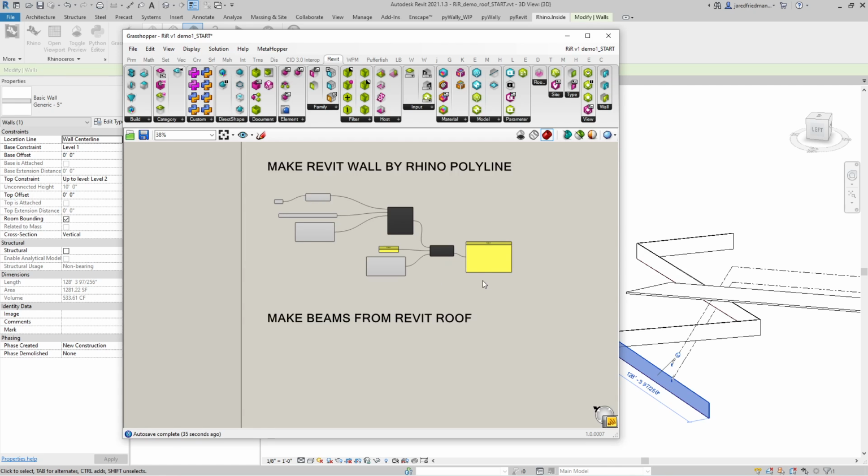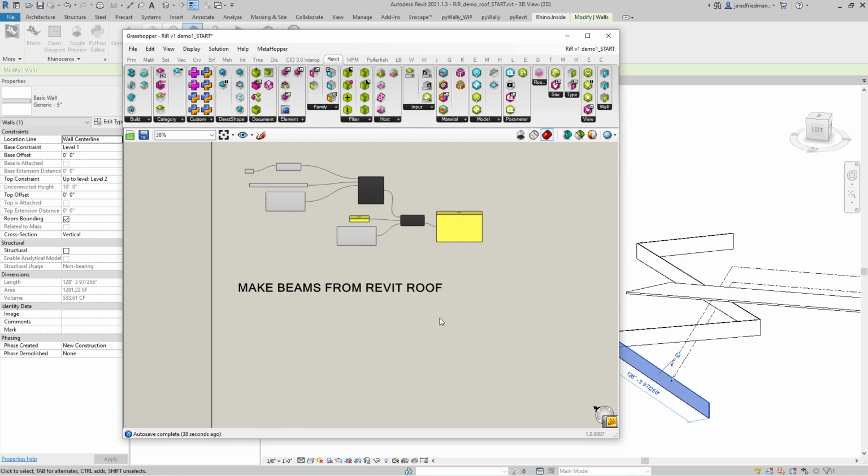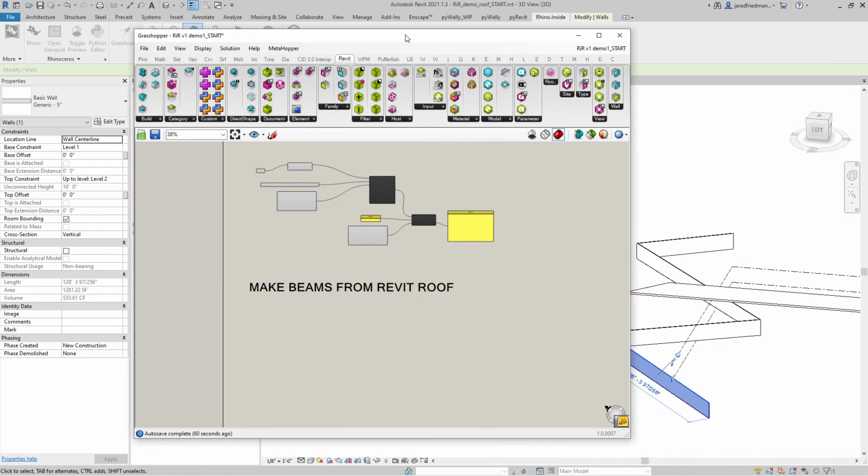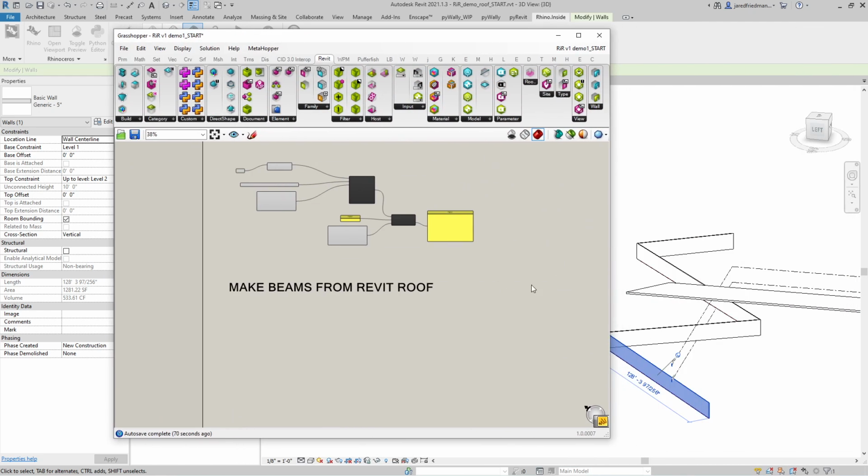So let's take a look at something a little bit more advanced, slightly. A lot of times when we are working with Rhino inside Revit, at least for me, there's usually some sort of piece of geometry that I'm referencing inside of Revit, and then building something that reacts to that, or taking that, deconstructing it, manipulating it somehow, and then building geometry off of that, rather than just what we were just doing, where I was just drawing a line in space and creating something. So let's take, for example,